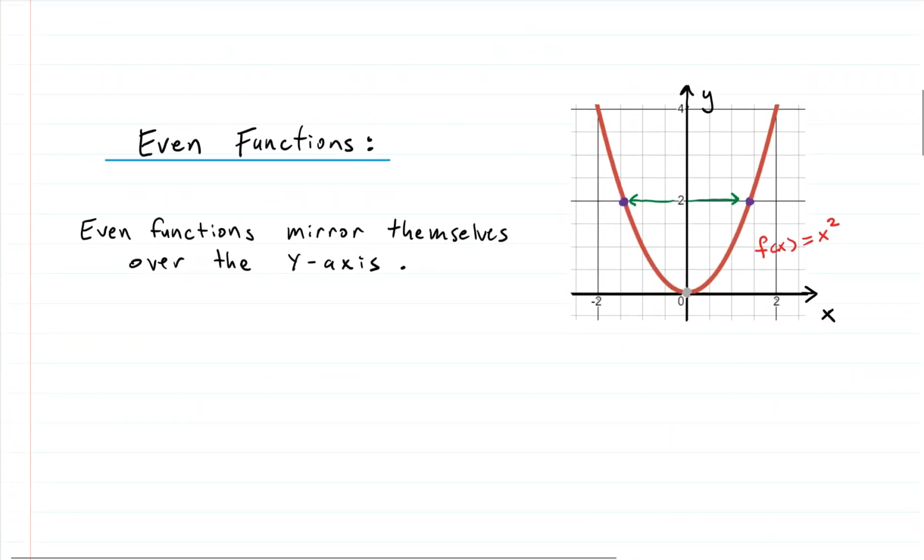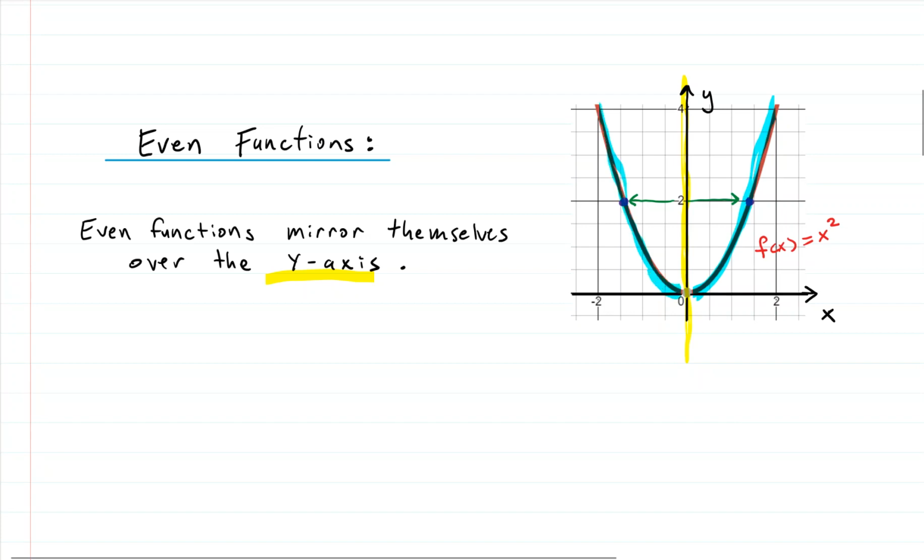Even functions. So what exactly is an even function? An even function has a specific type of symmetry, and that symmetry is symmetry about the y-axis. So if you have the y-axis right here, then whatever happens to the right of the y-axis is mirrored perfectly, identically on